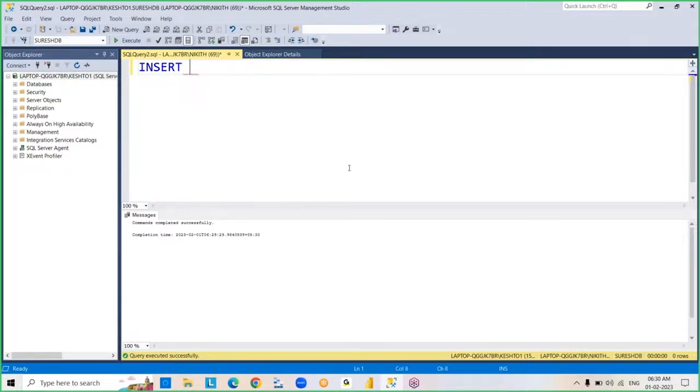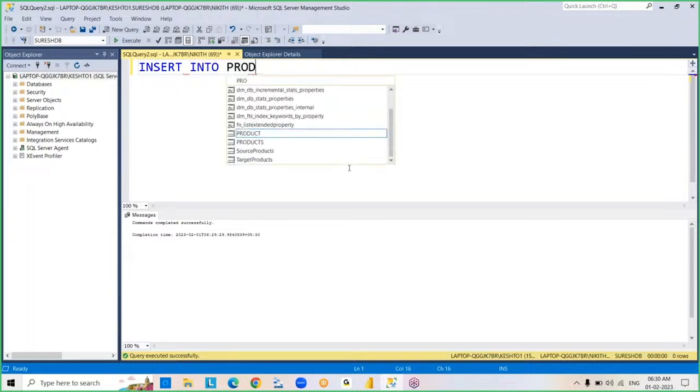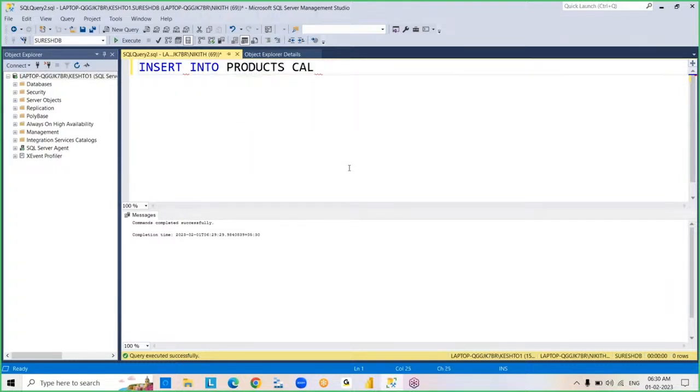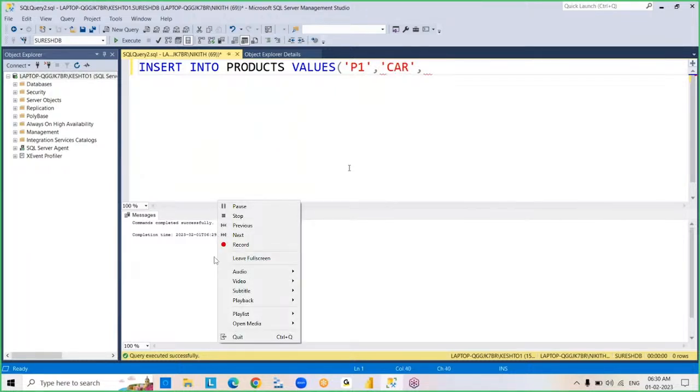The insert command is used to insert data into a table. Suppose insert into products values, keywords, syntax, ID, product ID, suppose P1, product name, suppose car. Next,